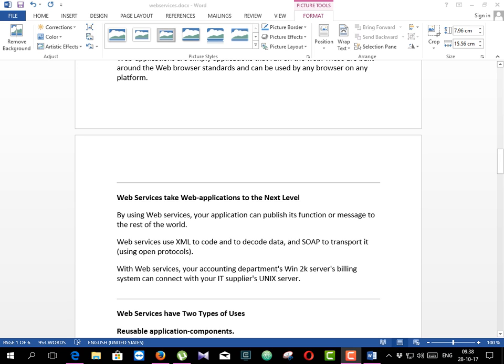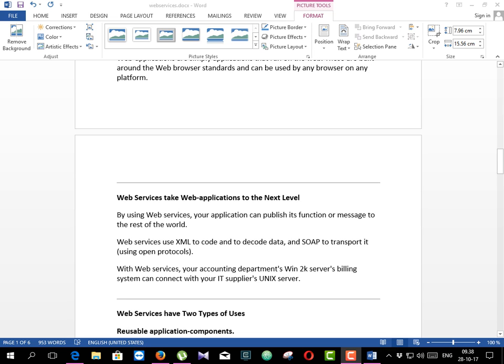So, our application can publish messages to the world, and anyone can see our message or our information by using the World Wide Web. Web services use XML to code and decode data, and SOAP,